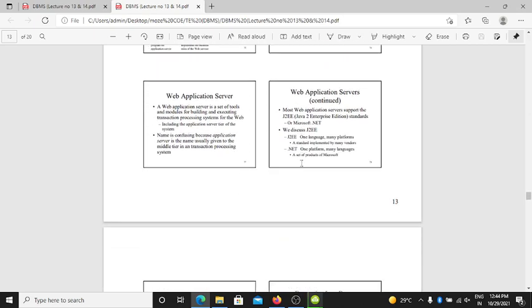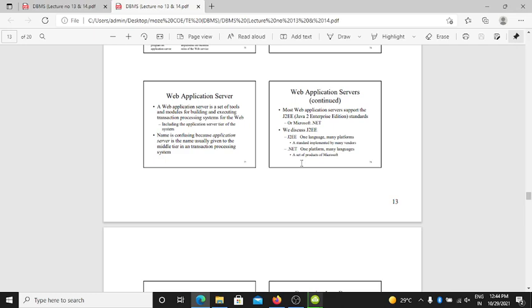Web application server: a web application server is a set of tools and modules for building and executing transaction processing systems for the web, including the application server type of system. The name is confusing because application server is the name usually given to the middle tier in a transaction processing system.